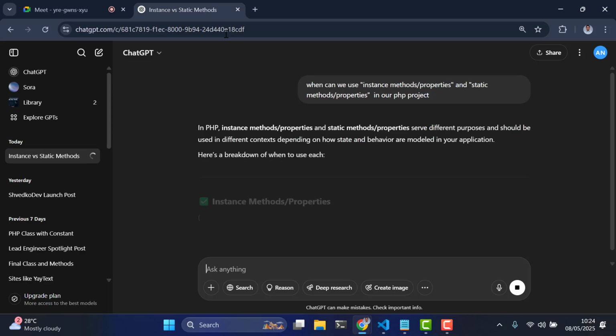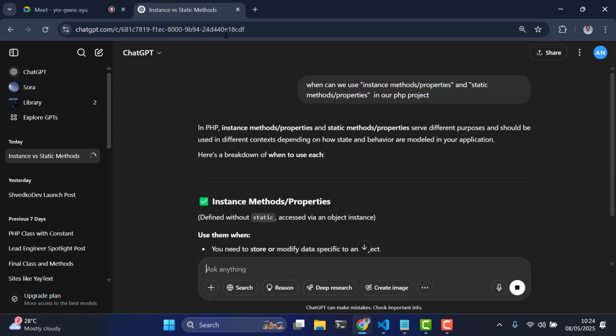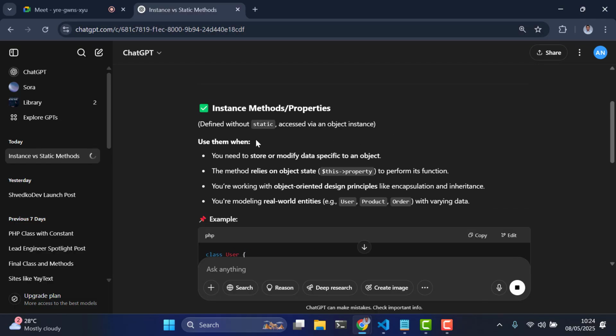In PHP, instance methods and static methods serve different purposes and should be used in different contexts depending on how data and behavior are modeled in your application. So, breakdown. Instance properties: use them when you need to store or modify specific